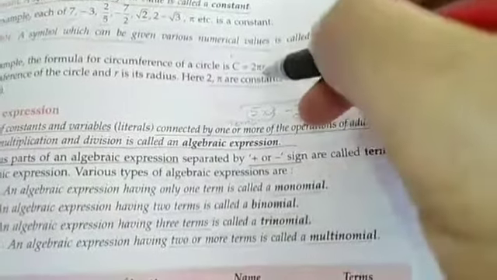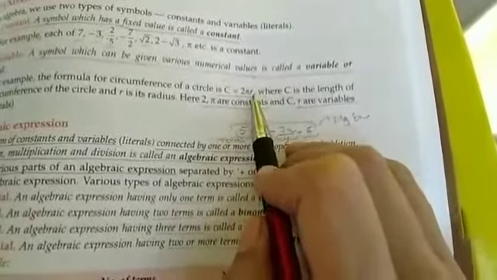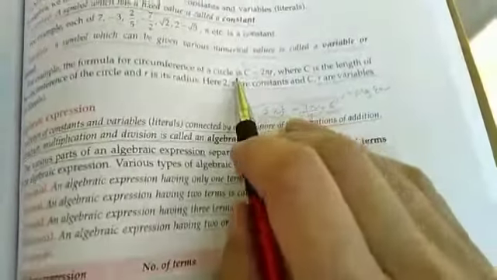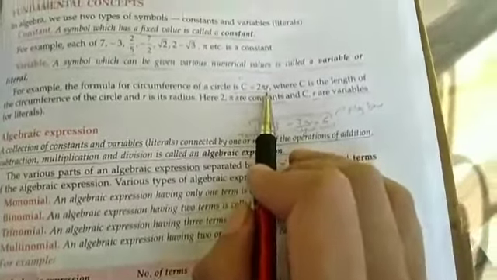Teaching you with the help of this example. Suppose this is a circumference. C is equal to 2 pi r. Here you can see this 2 can never be changed. 2 will remain 2. We are calling it a constant. As you all know, the value of pi is 3.14 or 22 by 7. It cannot be changed. That's why we are calling pi and 2 constants. Whereas when we put the value of r, the value of C changes correspondingly. That's the reason we are calling it a variable.